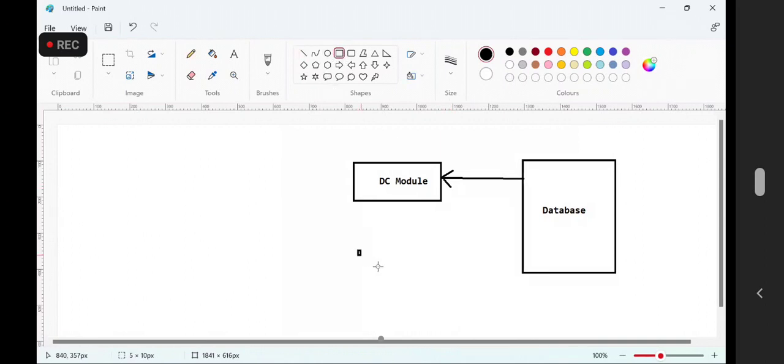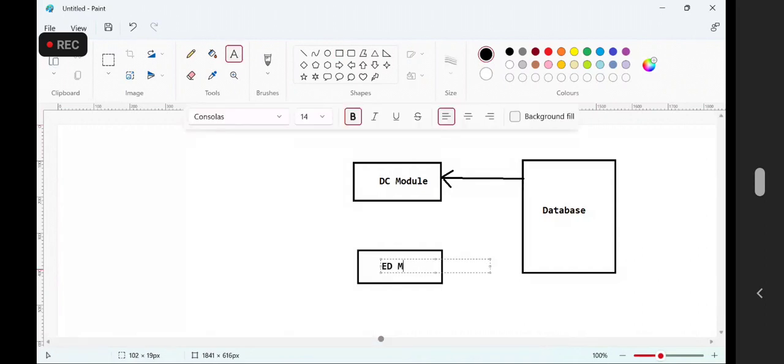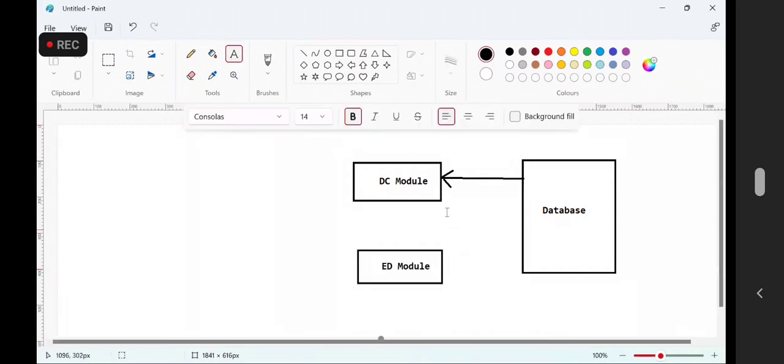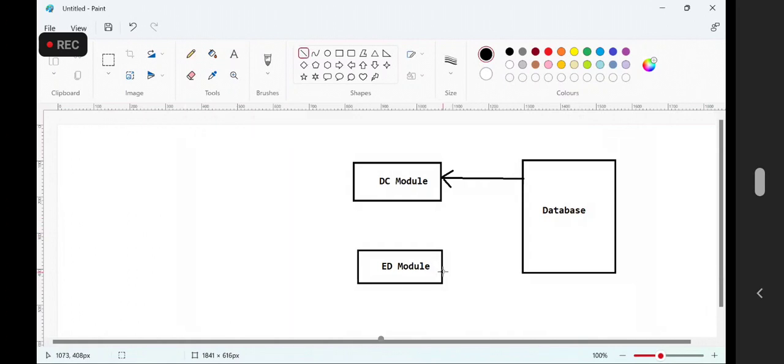Now here I have an ED module. The ED module needs data from the database. The ED module can directly interact with the database to get the data. Am I right? But what these people are trying to do is, whenever a request comes to ED,